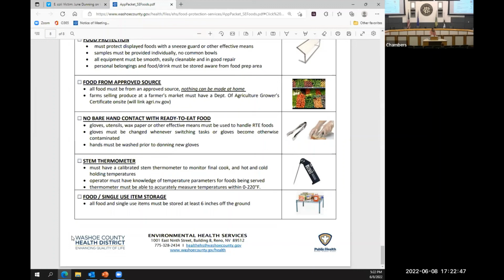And then just to clarify, for the permit number, if somebody doesn't know their permit number, or if it's an out of jurisdiction permit for their establishment where they're doing their advanced preparation. If they don't know the permit number, they can call our front desk. They can call me, but we really just want to make sure it's happening in a permitted facility. So if you don't know the permit number, you can always reach out and ask us. If it's out of jurisdiction,